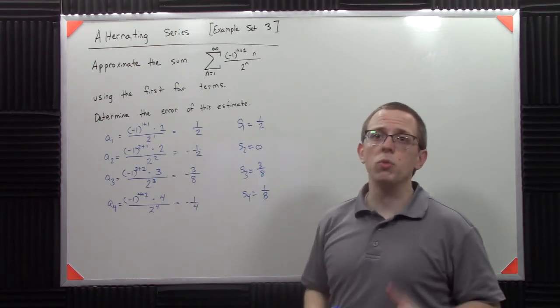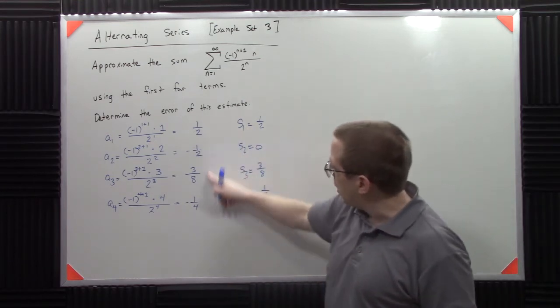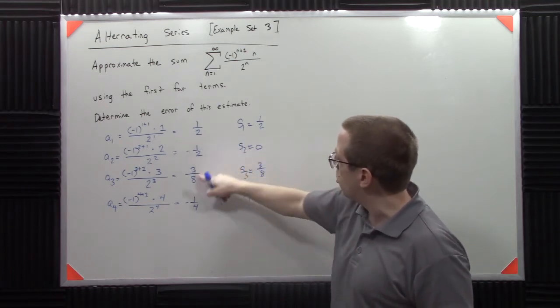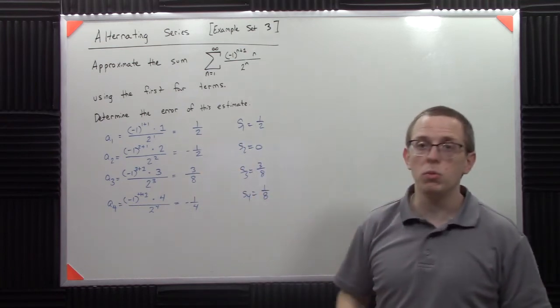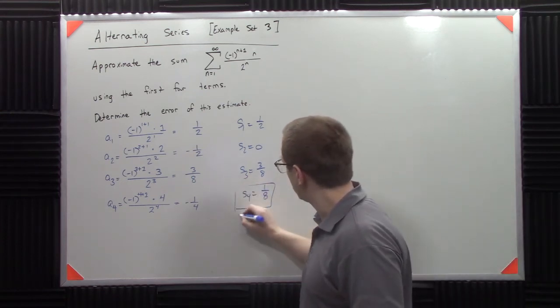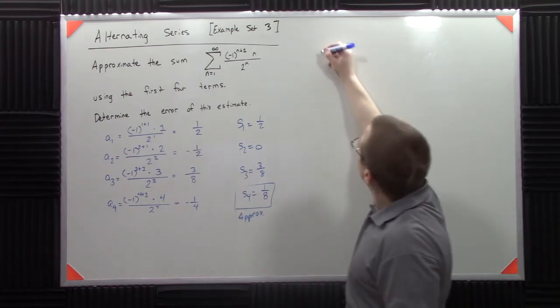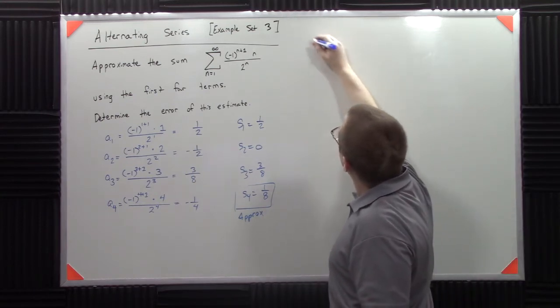So S4 is 1/8. That is our current sum. By adding all these up, this plus that is 0, plus that's 3/8, plus that is 1/8. So that is our approximation. But I want to know my error. Well, the remainder, or error,